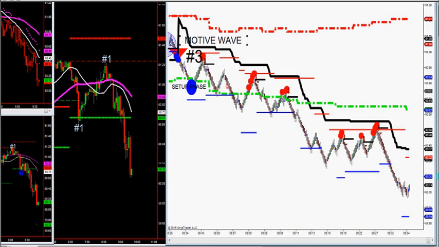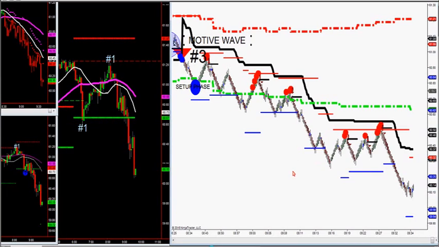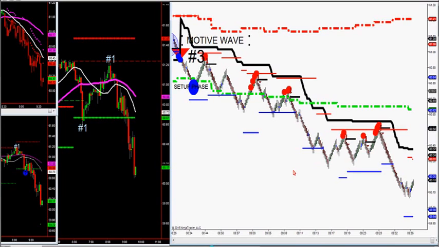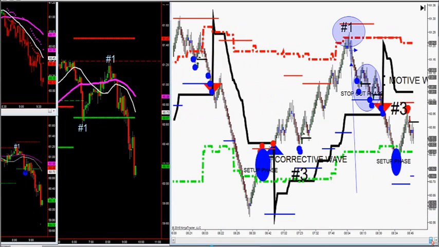Guys, I want to do a video on our last trade setup of the motive wave. This morning we had a corrective wave. The last video, if you go to daytradingthefutures.com and click methodology, then click videos. We do these videos all the time so you understand the setup. Remember this morning I did a video, you can go back to it and you can see this corrective wave